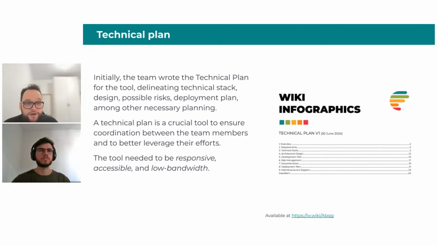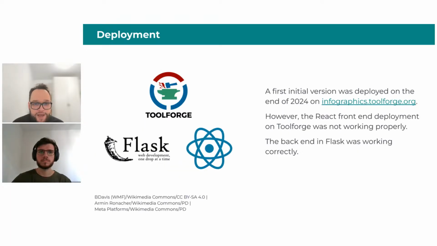And the plan for deployment, among other parts that are necessary for a tool to live in the Wikimedia movement. And we developed that within one third, half the project with James on the outreaching. And we faced, let me see, yeah, so we faced several difficulties on